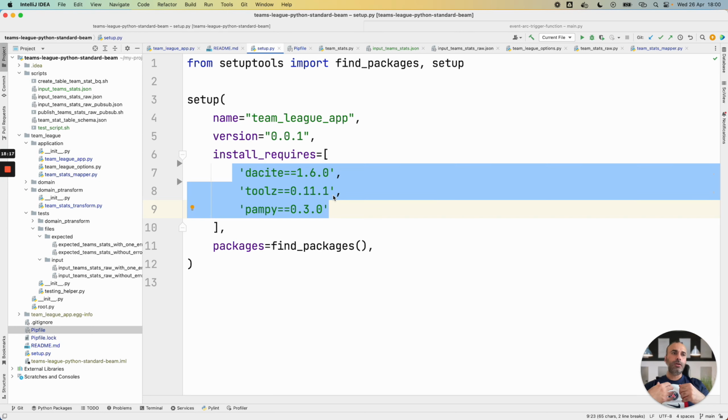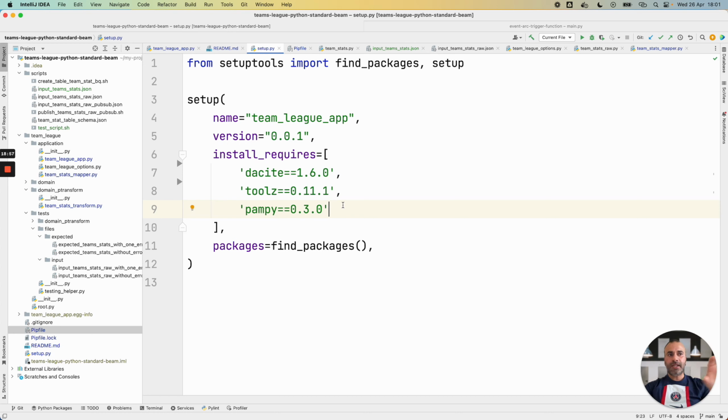But with a custom Docker image, the runtime will be prepared and the worker will be instantiated from this container and Docker image. In another video, I'm going to show the same code and the same example with a custom Docker image from Container Registry and maybe Artifact Registry. Because from the documentation, the example takes images from Container Registry. Maybe today it's possible to do the same with Artifact Registry.